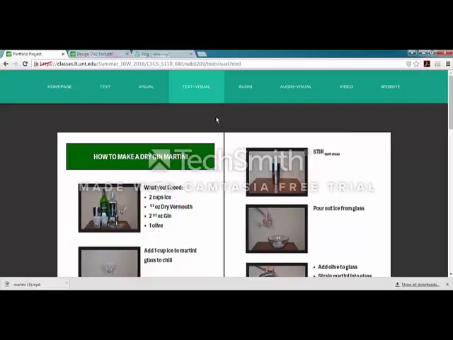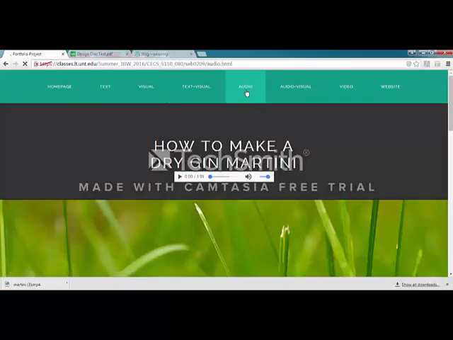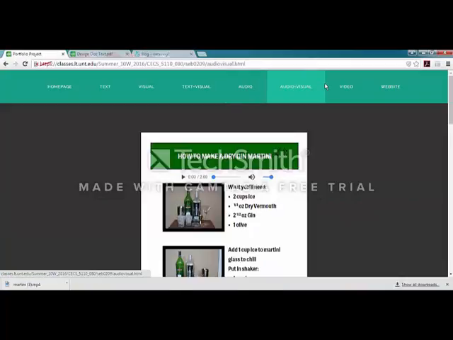When we click on the audio tab, we see that the content is still in the same place, although the content looks a bit different since this is audio. And instead of just having the play bar, I've added the title to go with it so the user knows what the audio is going to play. Again, with our audio and visual site, the content displays at the top. Let's have a look. And then our video page,